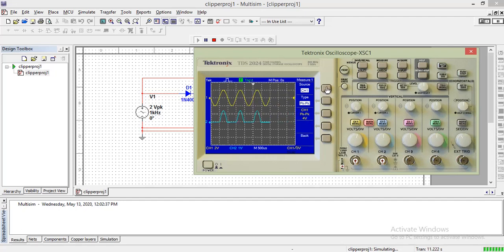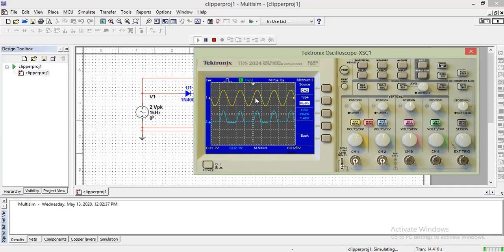Now we'll take channel 2. Peak to peak is 1.47. So frequency is 1k. You can see the same frequency. Frequency has not changed. Period is 1 divided by 1k. It is the same. Then mean and the peak to peak. Peak to peak, you can see only the positive half cycle. Negative half cycle is clipped off. So you get only the positive half cycle. And from here till here the value is 1.47 volt.